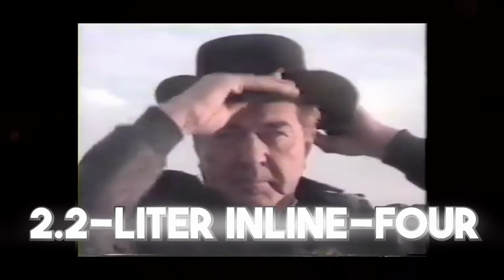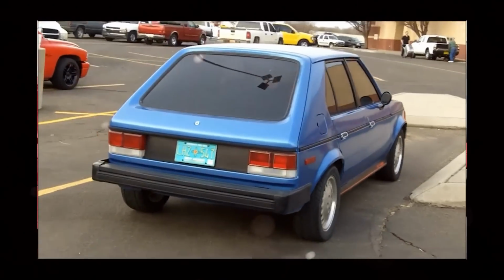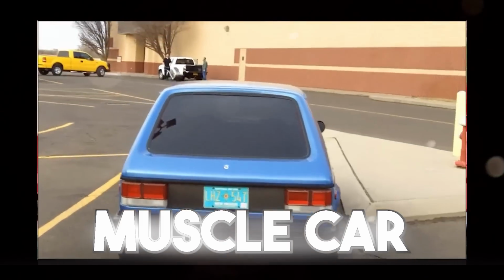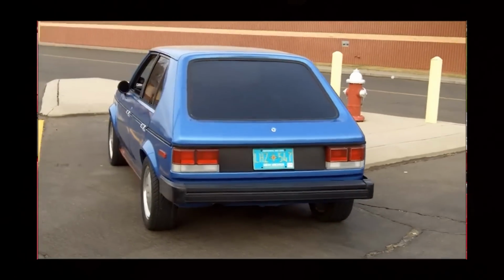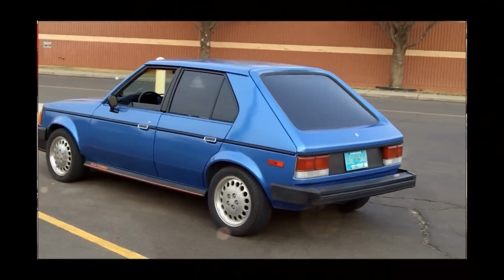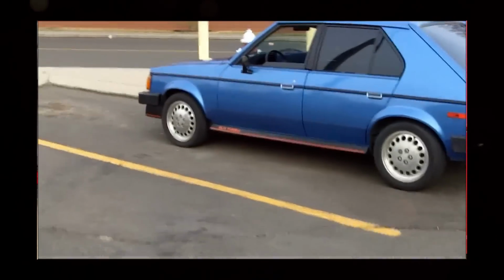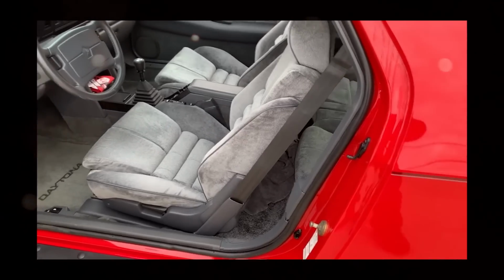Let's be real, the GLH was fast for what it was. The turbocharged 2.2-liter inline-4 produced about 146 horsepower, and in something that weighed as much as a lunchbox, that actually made it quick. But calling it a muscle car? That's pushing it. It didn't have the rumble, the presence, or the intimidation factor that real muscle cars are known for. And while it technically did go like hell in a straight line, it also handled like a shopping cart